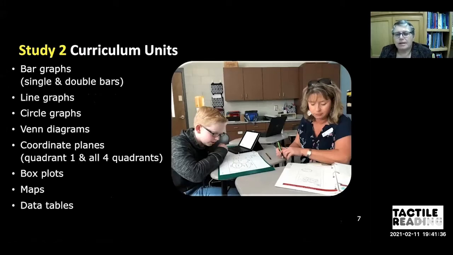All right, let's talk about study 2. So we developed a curriculum that had 10 units, 2 about bar graphs, 1 for line graphs, 1 for circle graphs, 1 for Venn diagrams. We had 2 coordinate planes. The first one focused on quadrant 1 and the second one on all 4 quadrants, box plots, maps, and data